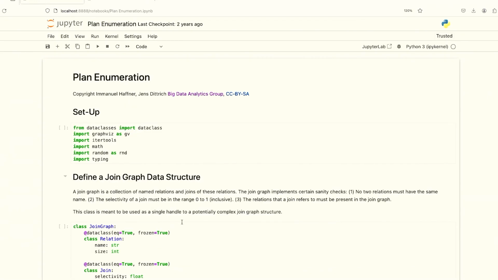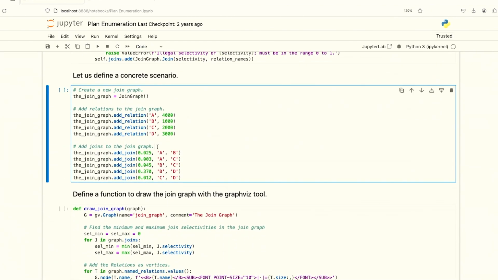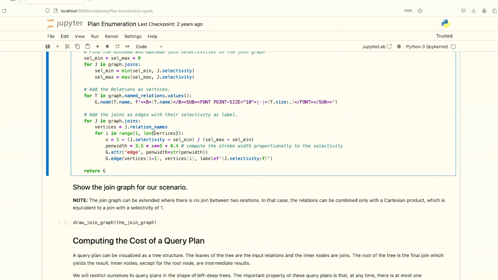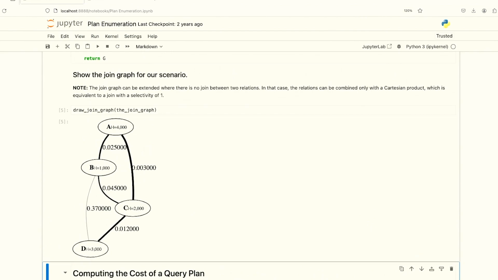our second notebook for today about plan enumeration. So here we have a concrete scenario. So that's basically a drawing graph. So you have here these 4 input relations A, B, C, and D. We also annotated with the cardinalities. Yeah, so that's basically what this is trying to express here. 4,000 tuples are returned, 1,000, and so forth. And then we have the edges in between those nodes, and we also draw the edges